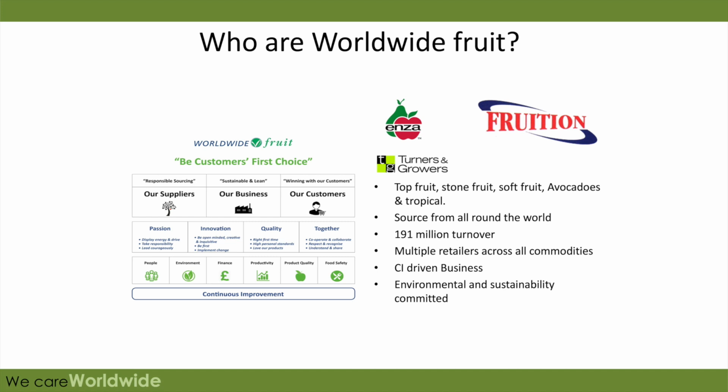So Worldwide is a CI-driven business. We've embraced the world of continuous improvement, and the factory runs from end to end in the mentality of always improving itself. But we always want as well to focus on our environmental and sustainability sides. These are really important, so not just for us, but for growers who own us and for our customers, and it's the right thing to do. So we always embrace these opportunities to look at our end-to-end supply chain, to look at seeing how we can improve what we do as a